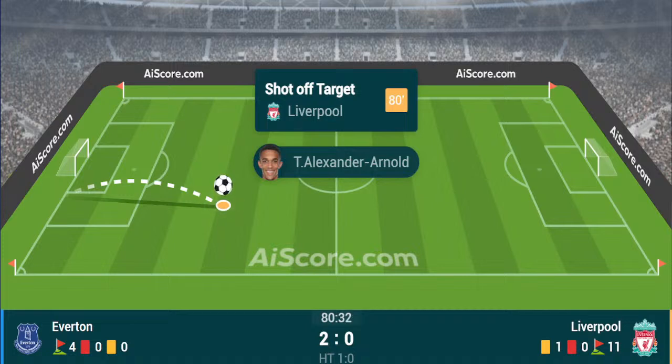Reminder of our weekend coverage. We'll have Manchester City's game against Brighton at the Amex tomorrow from 8 o'clock, and then as far as the weekend's concerned, the early kick-off is West Ham against Liverpool. Our 3 o'clock offerings: Fulham, Crystal Palace, Manchester United against Burnley, and Newcastle, Sheffield United, as well as Wolves, Luton at 3. The late games: Everton against Brentford from 5:30, before Aston Villa against Chelsea from 8. Sunday, Bournemouth v Brighton and Tottenham v Arsenal from 2, before Nottingham Forest against Manchester City from 4:30